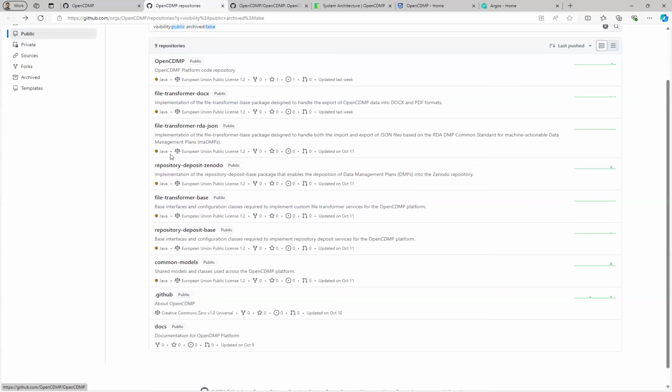For example, we have the main repository with the main modules of the project, and then we have various plugins like the exports, the docx and PDF exports, the RDA exports, some plugins for depositing to Zenodo, etc. We're also working on some docs that we will publish in the following weeks.